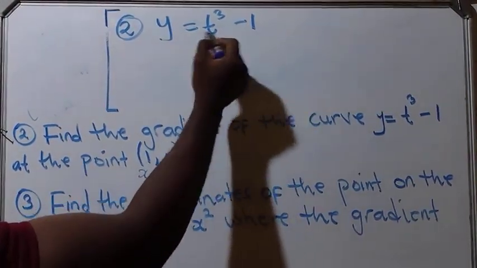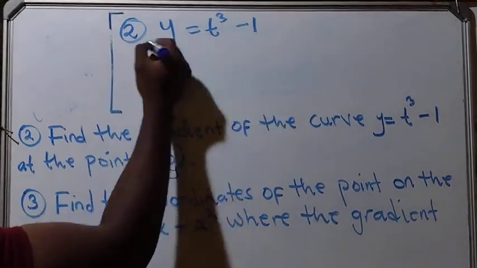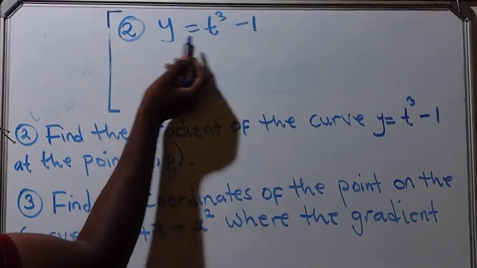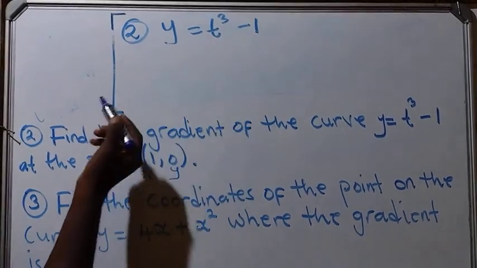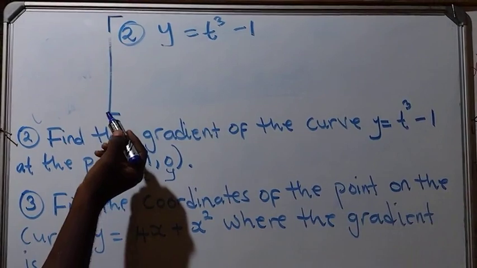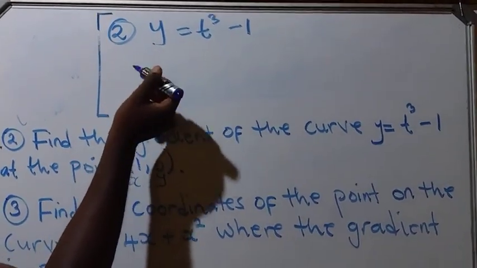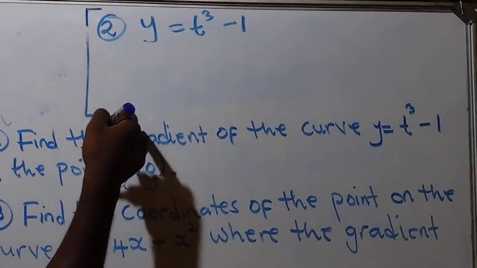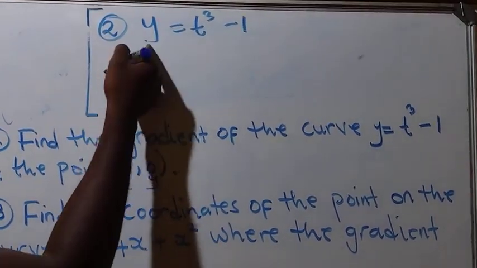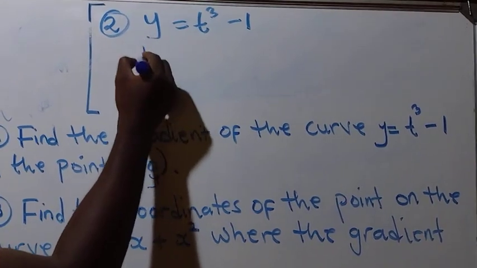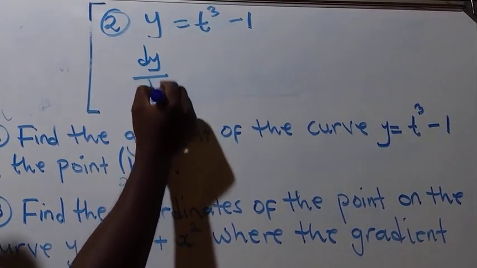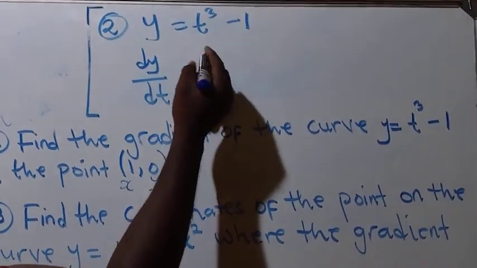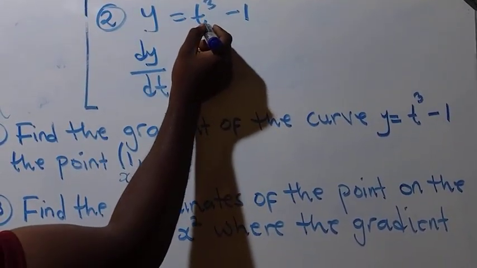You are differentiating y with respect to t, so under dy you are not going to say dx, you are going to say dt. So dy/dt equals